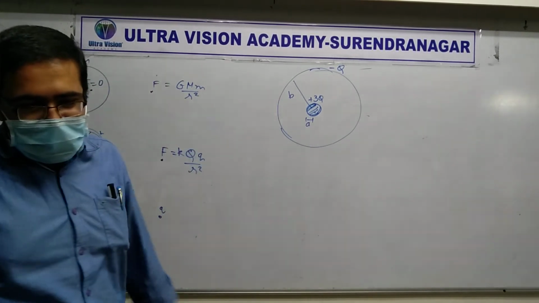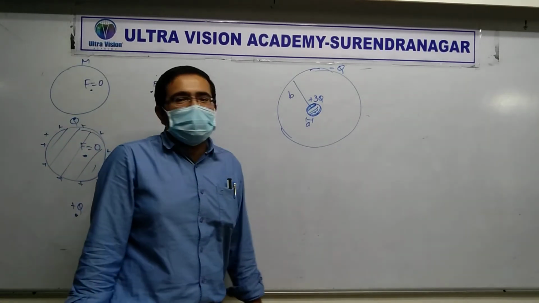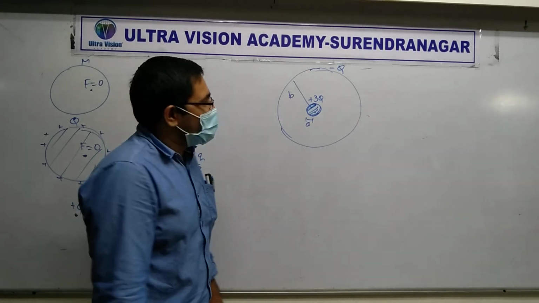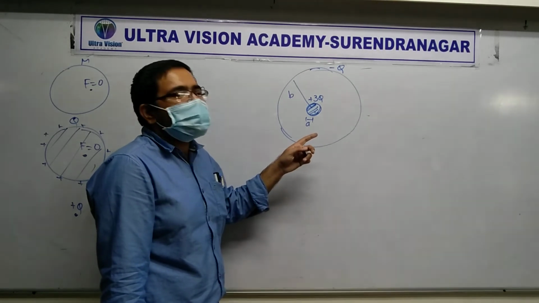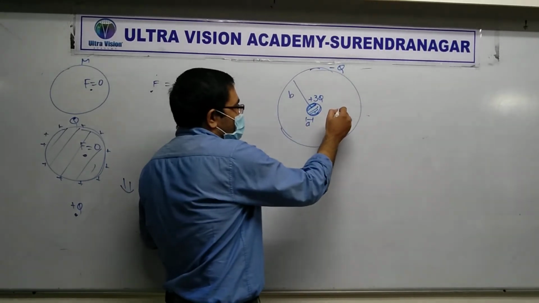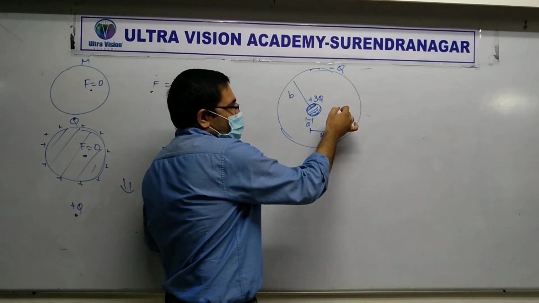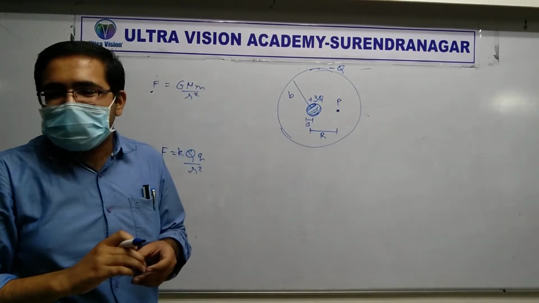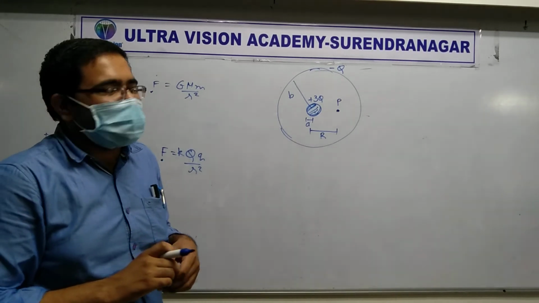Now what do we have to find? Read that last line. What is the electric field at a distance R from the center? And what is R? Is it less than B and greater than A? Capital R, here. Understood? So suppose this is point P. If you put something over there, we have to find the electric field. Okay, we just have to find the electric field.